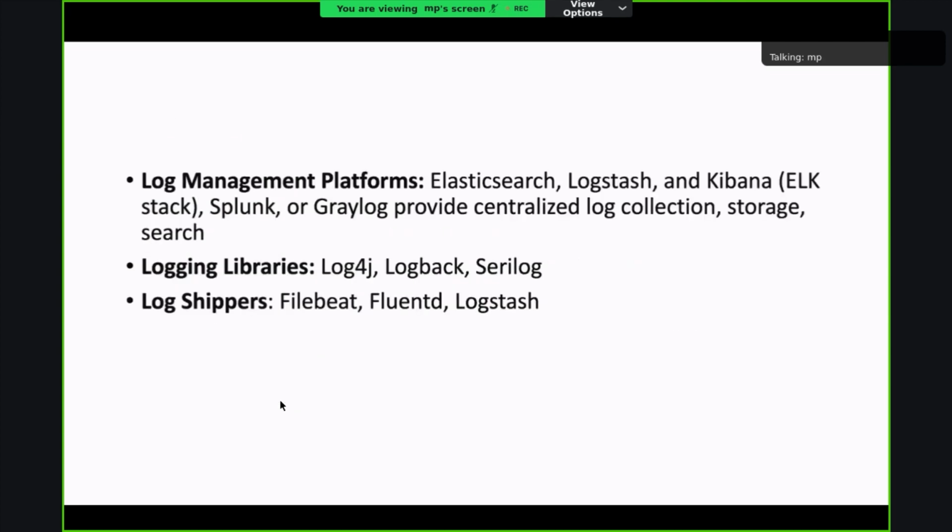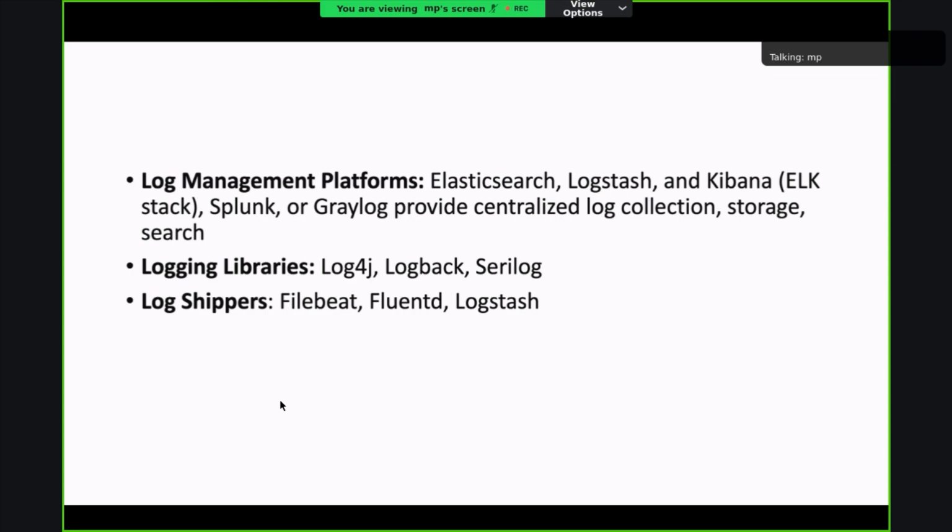So log management platforms act as a kind of storage where we dump all the logs in one centralized storage system. For that we have Logstash, or Prometheus, or there are different log management storage systems. One is Prometheus or Cortex, and then we have different log monitoring tools out of those, like Kibana, Splunk, or Grafana.